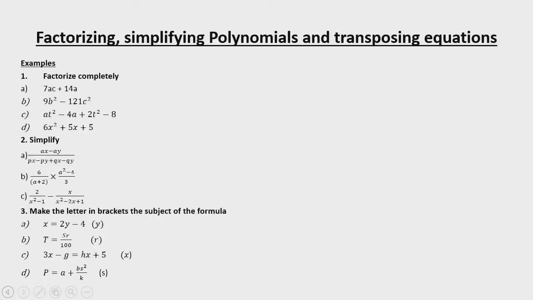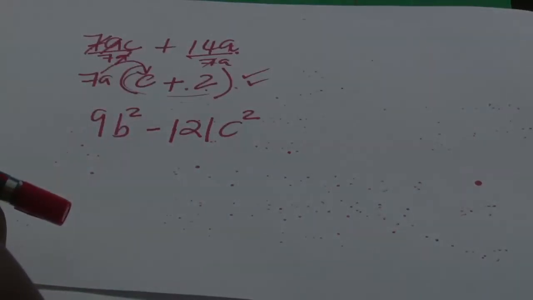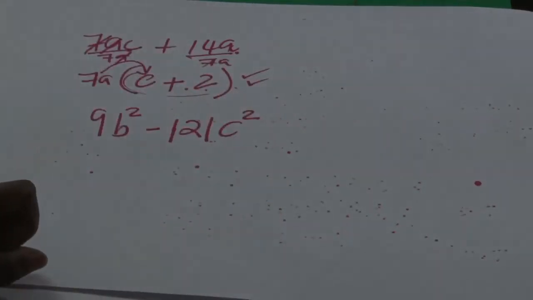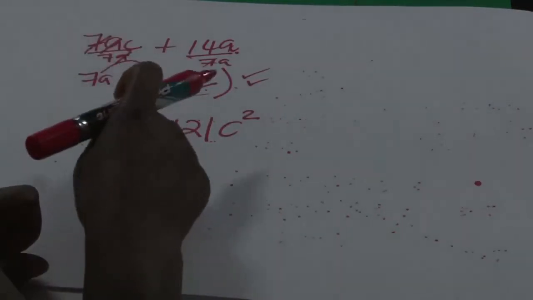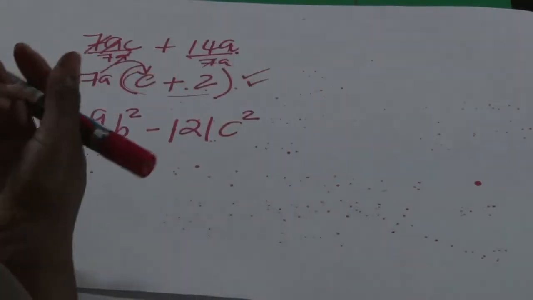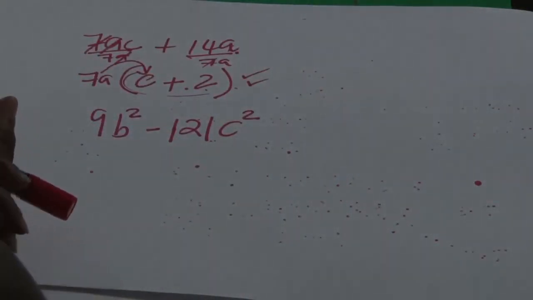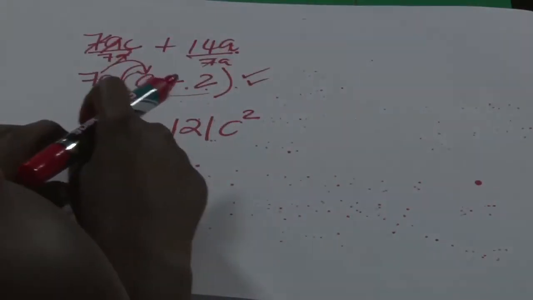And the other one is we have 9b squared minus 121c squared. How are we going to factorize this? Are we having a common factor? Can 9 divide 121? I don't think so. B squared, c squared, we don't have a common letter even here. Can it be factorized by grouping? Grouping, you must have 4 terms minimum. And then can you factorize it by